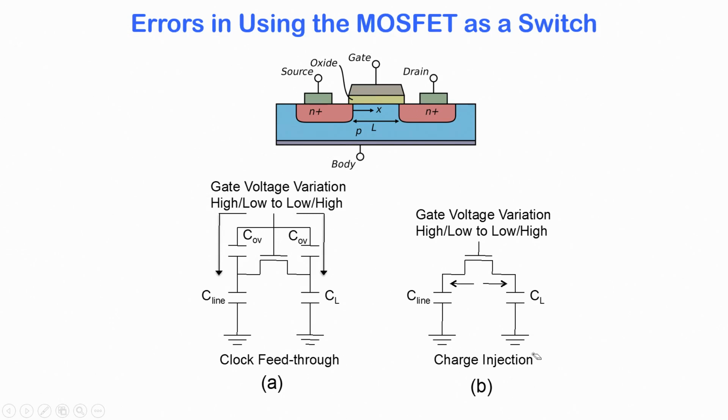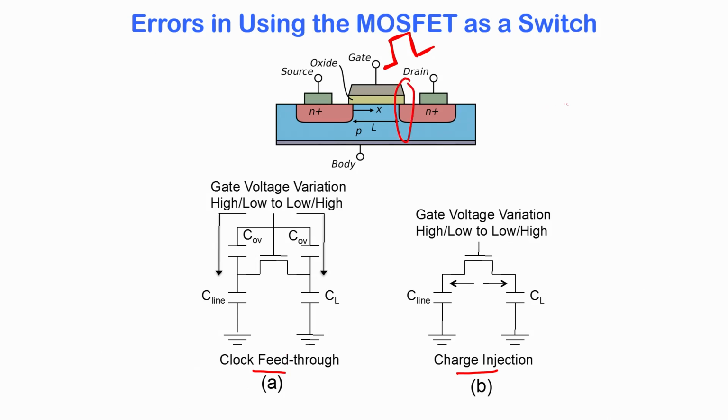The errors are because of two different phenomena called clock feedthrough and charge injection, and both of them have to do with the operation of the MOSFET when the gate turns on and off. So, in order to understand clock feedthrough we need to understand this gate drain overlap